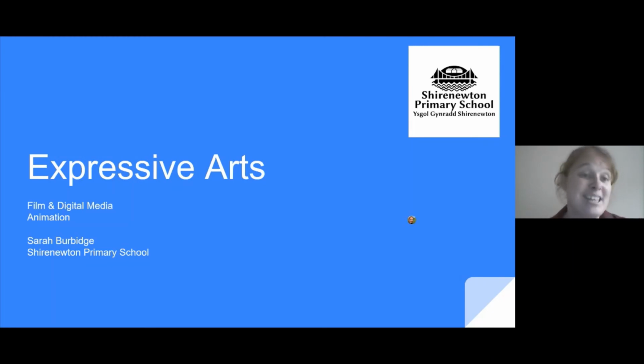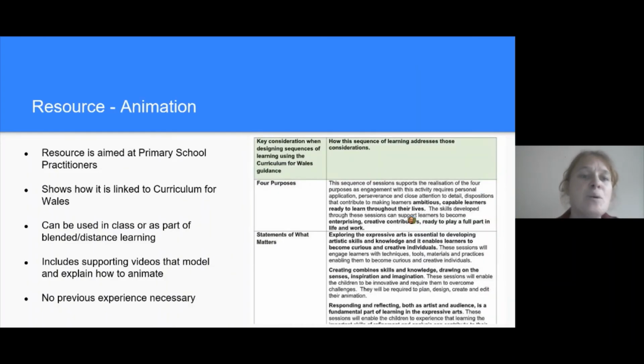Here we go, here's what it is. It's aimed at primary school practitioners, really lower key stage 2, years 3 and 4, but if year 5 and 6 are new to animation, then it's perfect for them as well. As you can see from the image here, I've shown how it's linked to the curriculum for Wales. So from here you can see how it's linked to the 4 purposes and also the what matters statements from